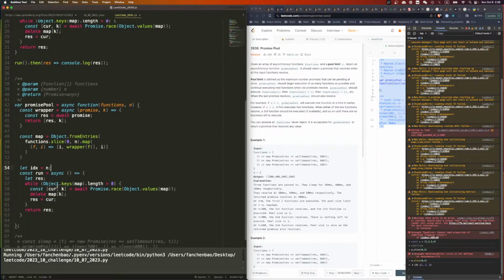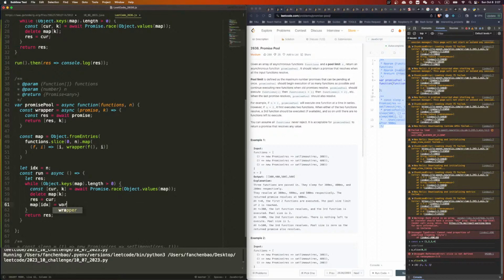Okay. And then we need to add things to it. A map